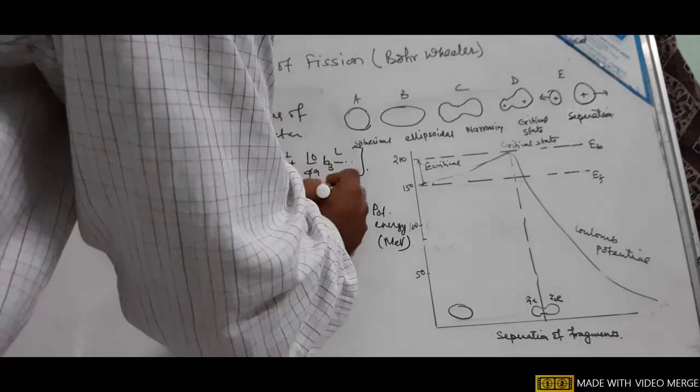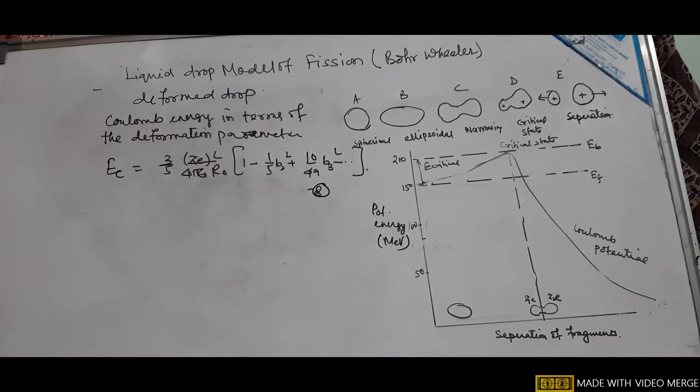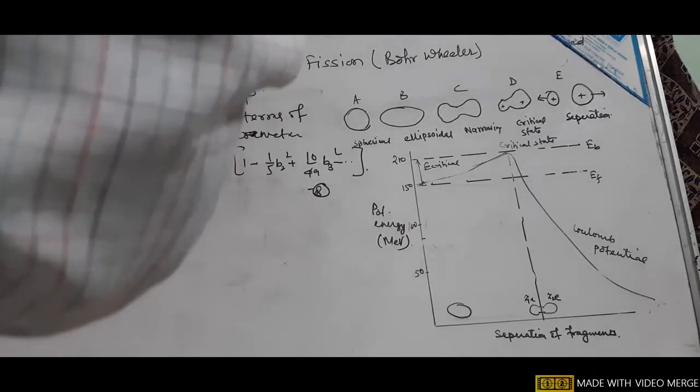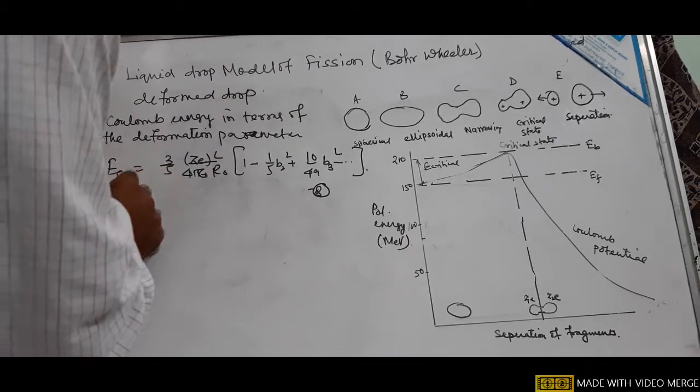This is equation 8. This is our Coulomb energy in terms of the deformation parameters, that is B2, B3. These are the deformation parameters. So the total deformation energy,